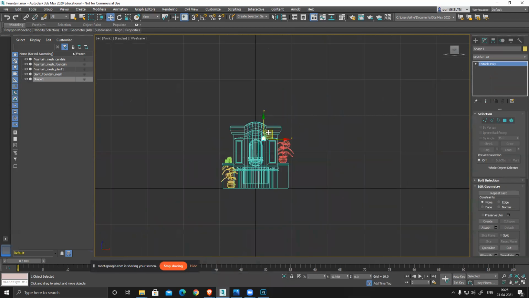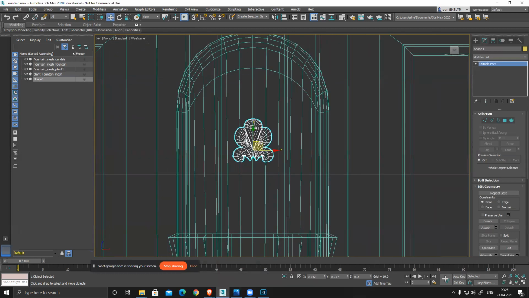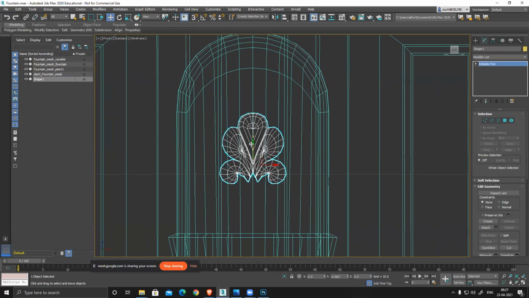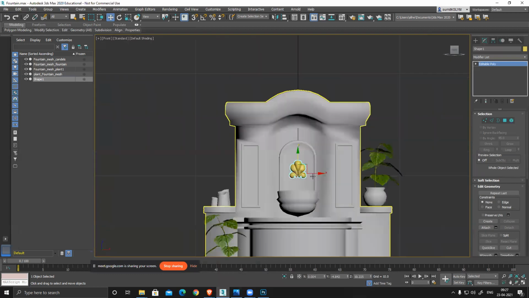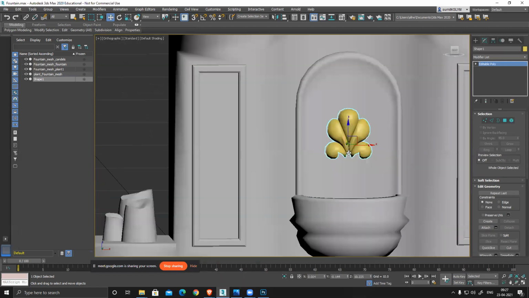Front. See the reference. Yeah. So here and push it back slightly inside.